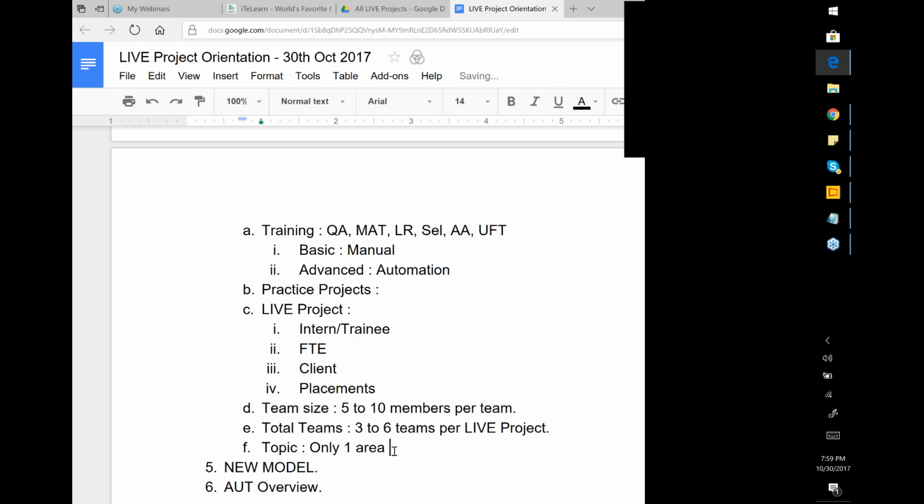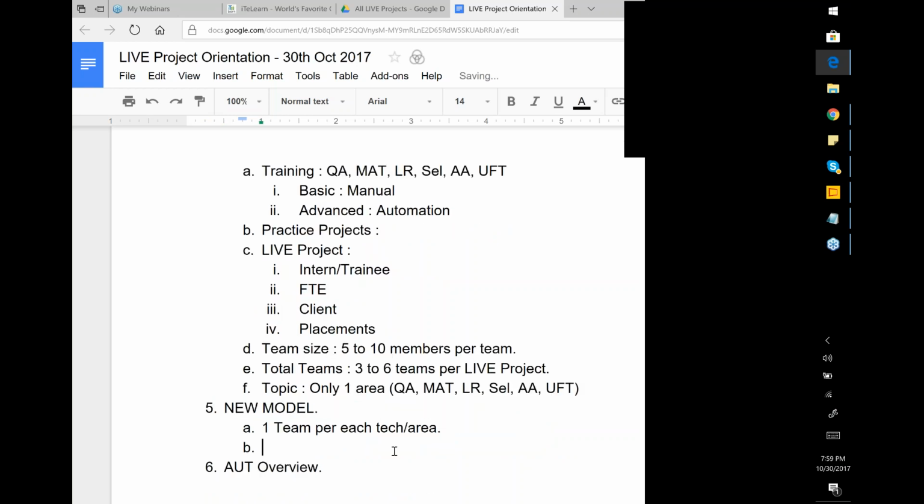All right. So what that means is we've always been doing this. It's the first time we've come up with a new model. Hey, why don't we do one team per each technology or area? What does that mean? We'll form one QA team, one MAT team, one load runner team, and so on. All teams will have the same testing scope. Okay. So they will have the same things to do, and only